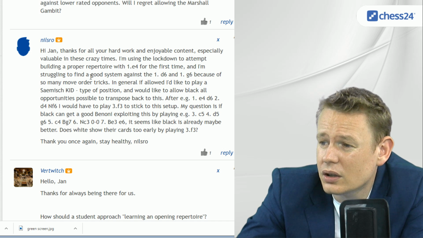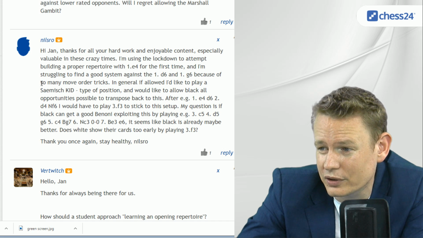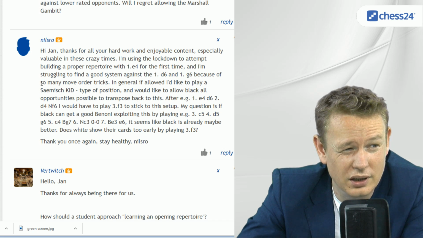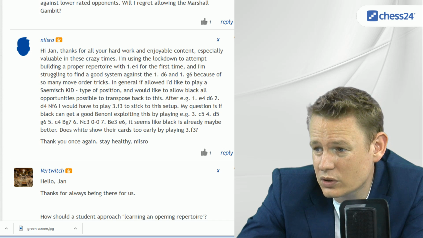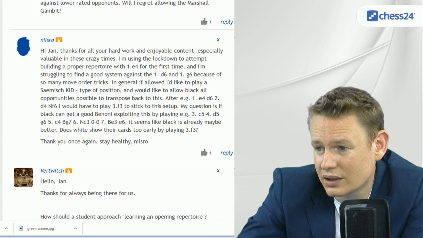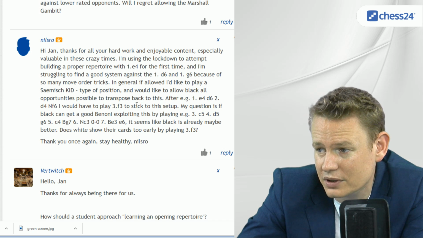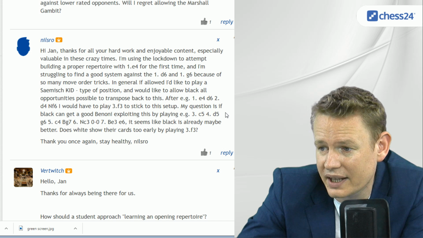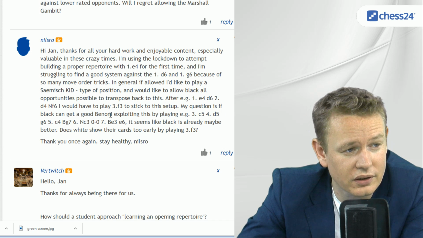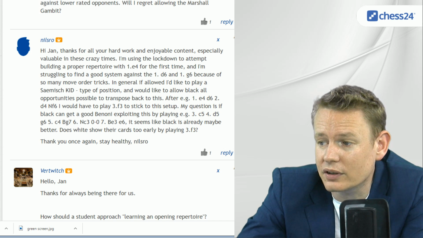In general, if allowed, I'd like to play a Samisch King's Indian type of position." Should you play 1 d4 then, however? "And would like to allow Black all opportunities possible to transpose back to this. After e.g. 1 e4 d6 2 d4 Nf6, I would have to play 3 f3 to stick to the setup. My question is if Black can get a good Benoni exploiting this by playing e.g. 3...c5,